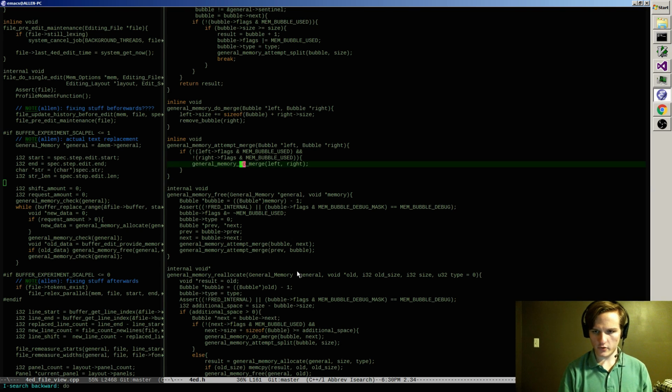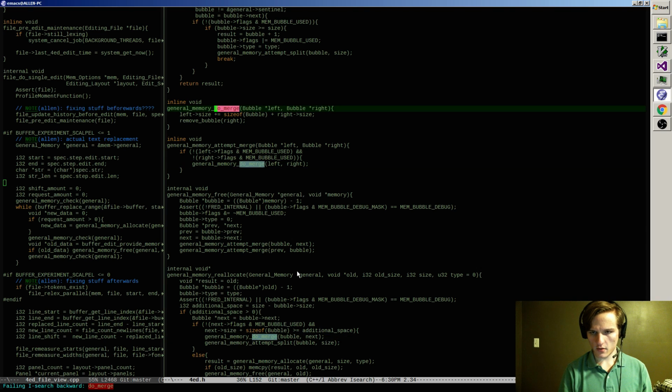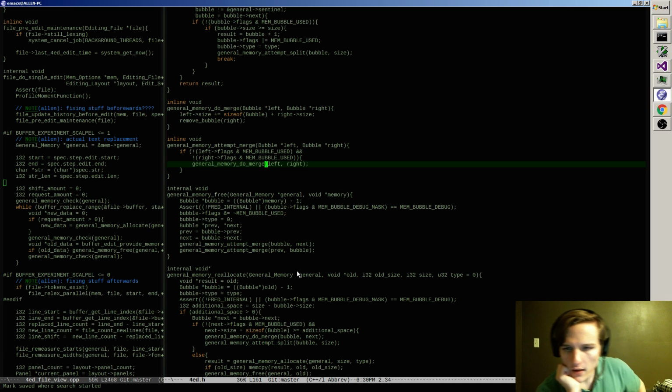Do I do a do merge anywhere else in the code? Yep, right there. That's why it's separated. Okay. So I attempt a merge, which means I look and see if left and right are both unused, and if they are, I do a merge on left and right, which means left grows in size,